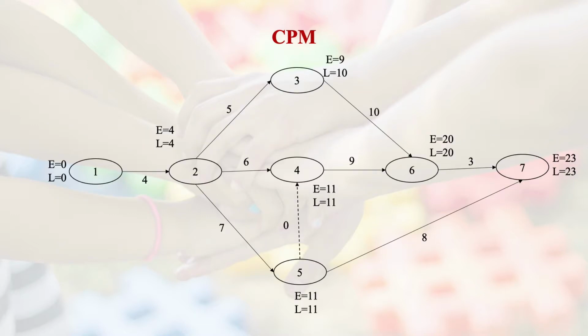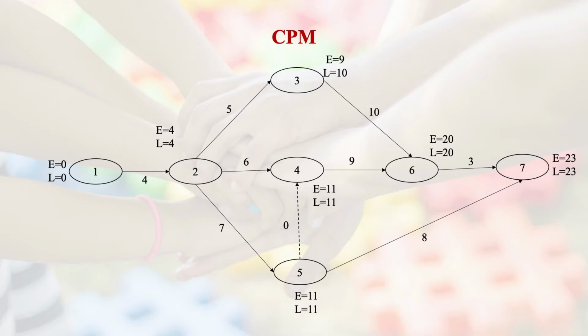Now we have shown a similar diagram to the one we showed for PERT, except that there is going to be just one path which we need to determine, which basically takes the minimum time to complete. In fact, the maximum, we can call it maximum in this particular case. For example, 1 to 2, then 2 to 5, 5 to 4, 4 to 6, and 6 to 7. That is going to turn out to be the path which is going to take exactly 23 time units, it may be weeks or years or days, whatever it is, to complete this particular project. So it is very important in this aspect.